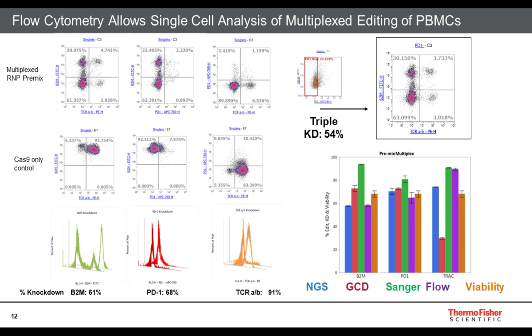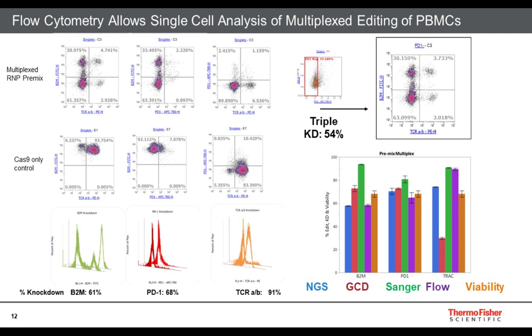And then in addition to that, another thing worth mentioning is, from the next step here, if I was to do GCD, Sanger, NGS, I now need to design 3 different experiments, 3 different primer sets to amplify each locus, right? So an N of 1 experiment immediately becomes N of 3, right? And that compounds over time depending on how many edits you want to make. But in the case of flow cytometry, you can see this graph here. This is actually just